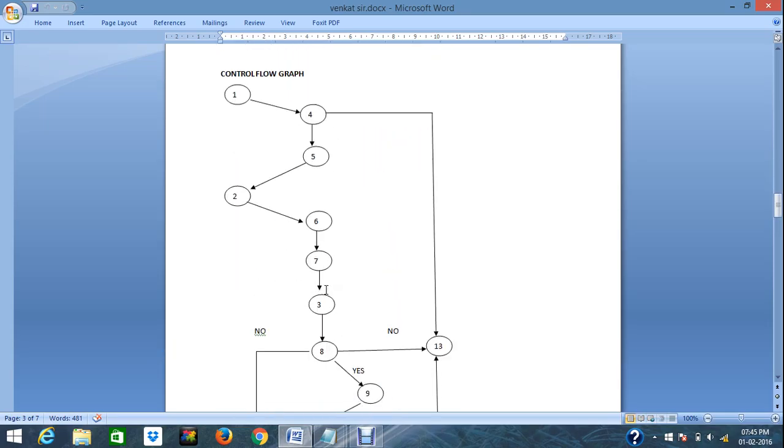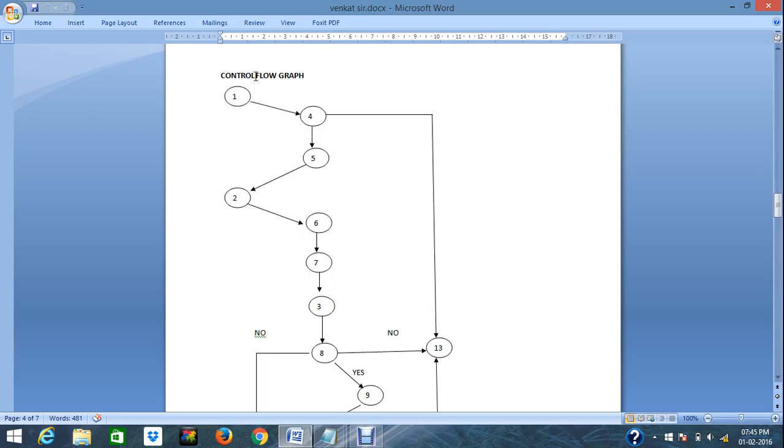Next, we can check the control flow graph. In the control flow graph, a card can be swiped. After the card is swiped, at the user end, service end, we'll check whether the card is expired or not. If it is expired, then go to the termination state. If it is not expired, then the next stage is account verification. And if the verification is succeeded, the next stage is